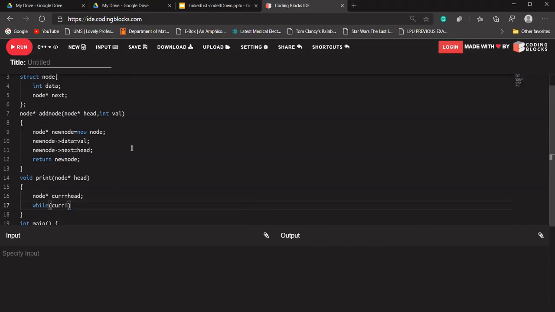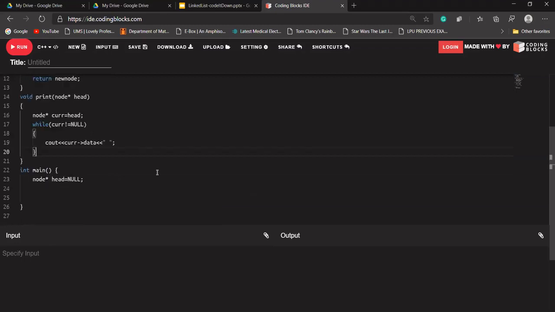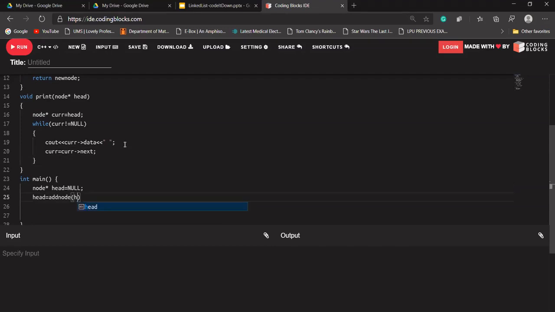Print current data with a space. Let's quickly add some data to our linked list. Head is equal to add node. Let's add print. Okay.